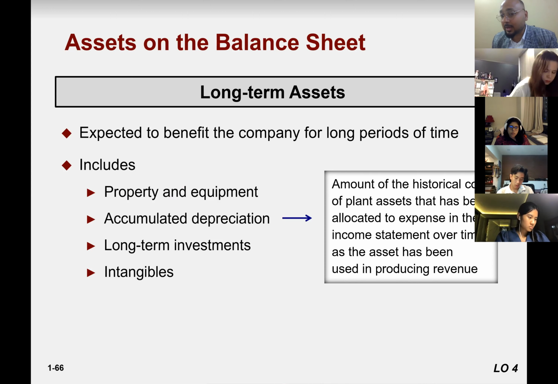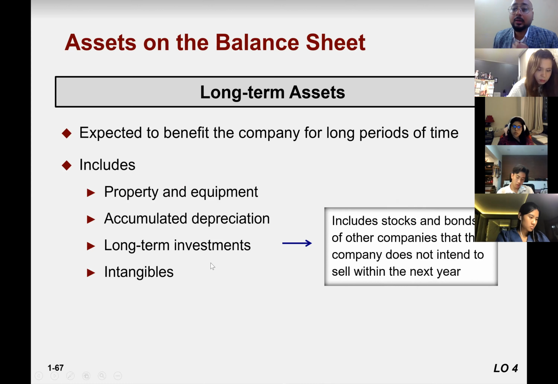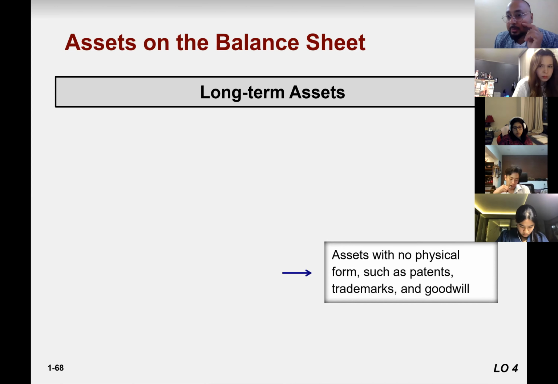Long-term investments, like I told you, if you have bought company stock for more than 1 year, then we call this a long-term investment. Intangible assets are those which we cannot touch. All those long-term assets whose life is more than 1 year and which we cannot see, which means these are in the form of papers, like patents, goodwill, trademarks,